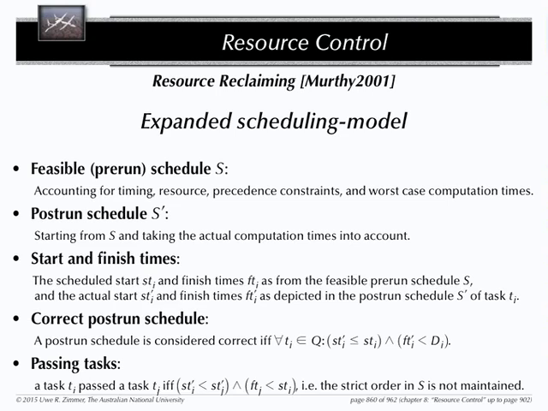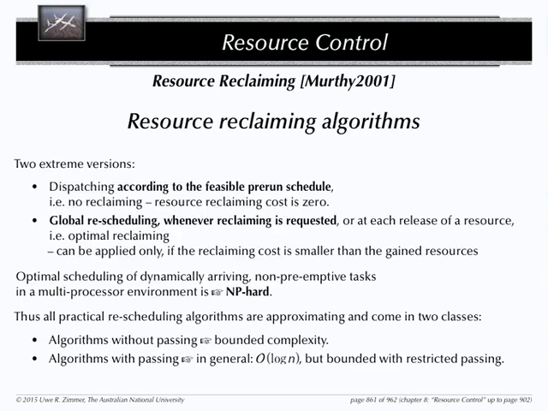Okay. Something starts earlier, is the deadline necessarily in the same spot? No, we are thinking in the wrong direction. We have to look in practical cases. So what can we do in terms of resource claiming algorithms? There's the null algorithm, dispatching according to the pre-run schedule. This is similar to rigid scheduling. You're ignoring any runtime behaviors completely.